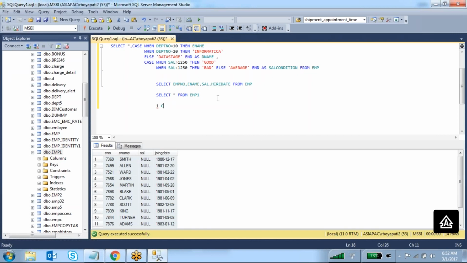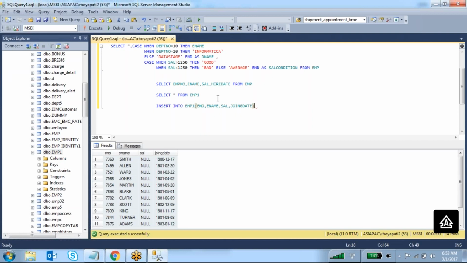So in that situation, how can we insert the records from one table to another table by writing a SQL command? We have one SQL command, that is insert into. To which table do you want to load the data? The table is EMP1. So into the EMP1 table I want to load the data. What columns do you have in EMP1? Employee number, employee name, salary, joining date.